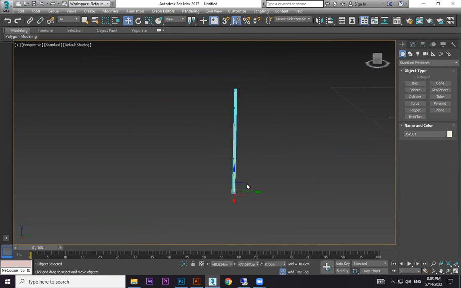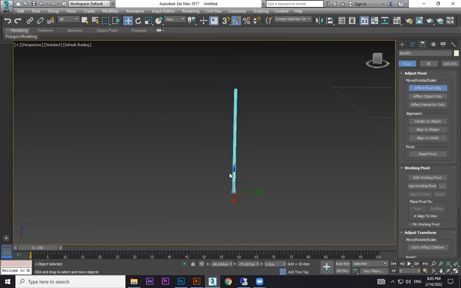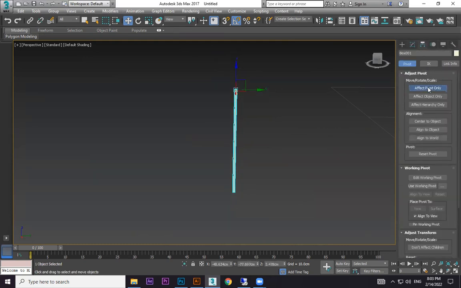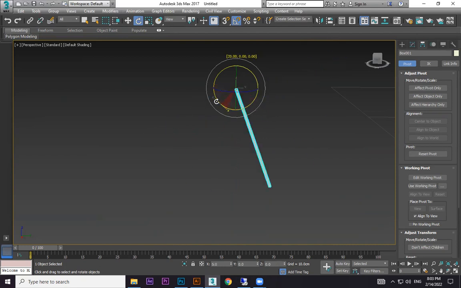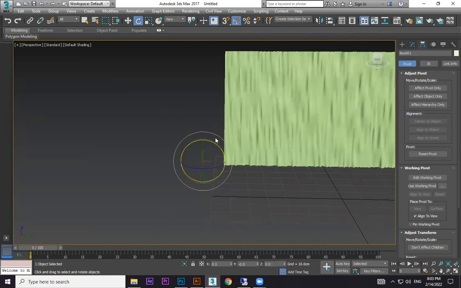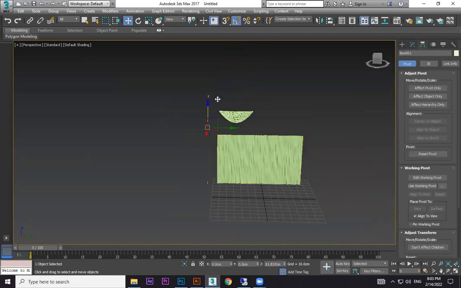That's why. Pivot point, if you want, you can keep this effect pivot point on the top. So based on this point, it's going to move. How can I change it? Effect, third one, hierarchy, effect pivot, and move it to whichever point you want. When you do this, your rotation and all will be based on this. Now what I'm going to do, this thread we created, I want to fit over